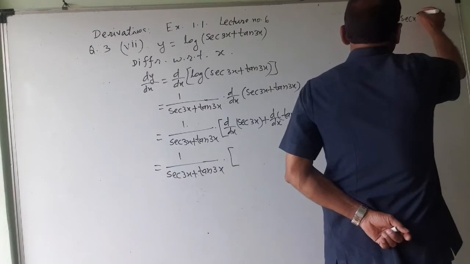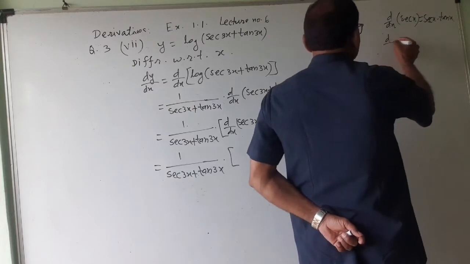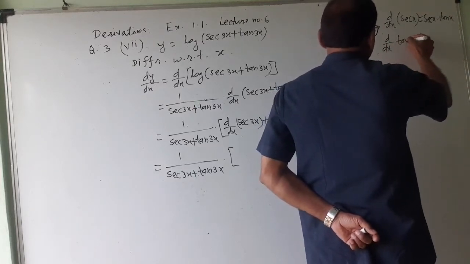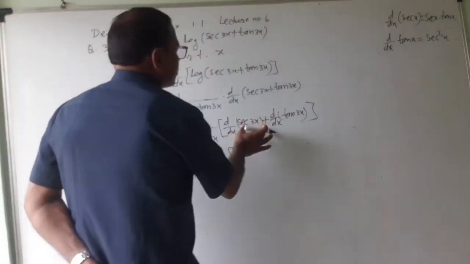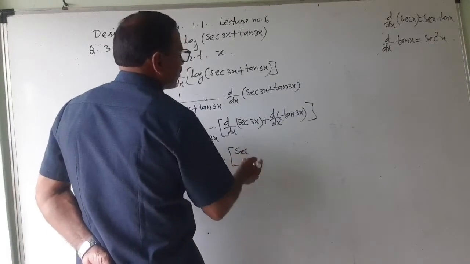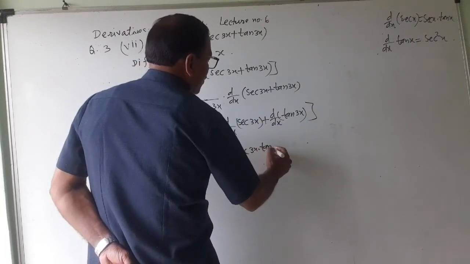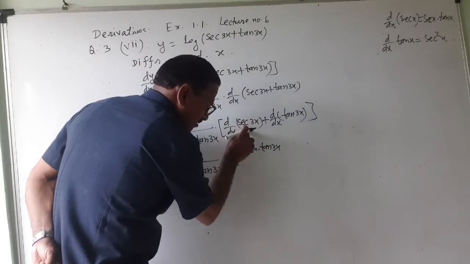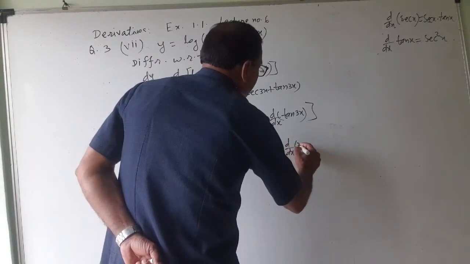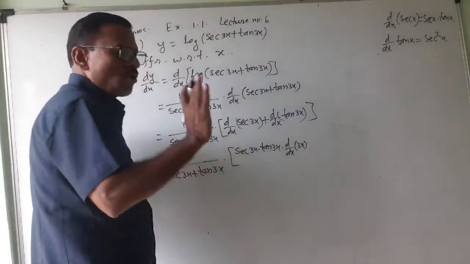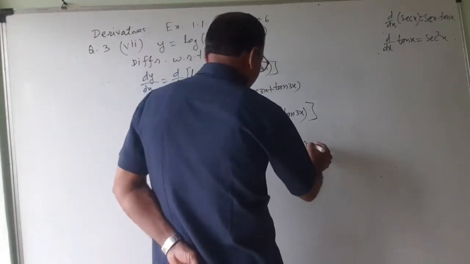Immediately I will write the formula: derivative of sec x is sec x into tan x. That you know. Derivative of tan x is equal to sec square x. Use that formula. Now the derivative of sec is sec x tan x; in place of x it is 3x, so sec 3x into tan of 3x. This is the derivative of sec, but what about the angle? So multiply by the derivative of 3x. Initially we will do all the steps. Afterwards, once you are habitual to this, we will go at speed.